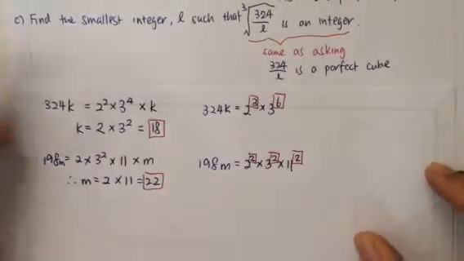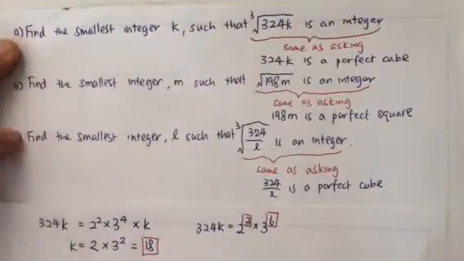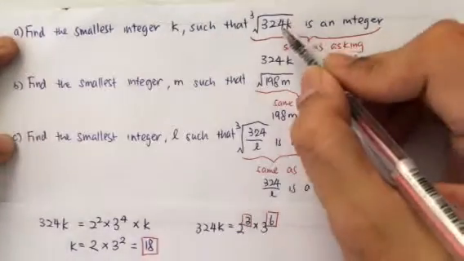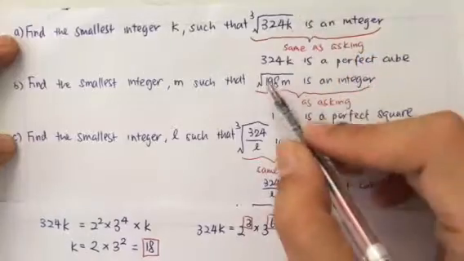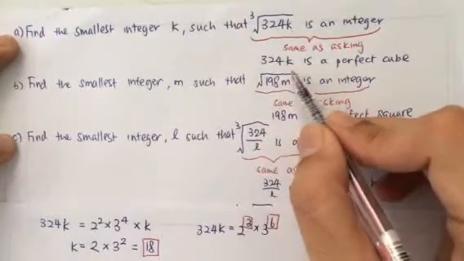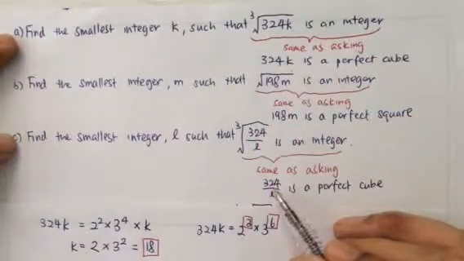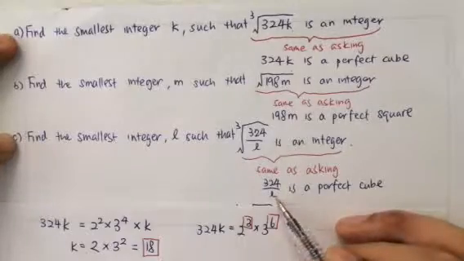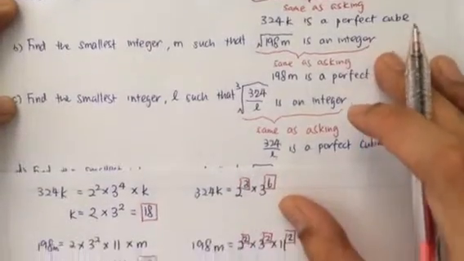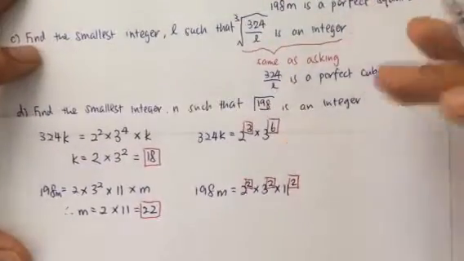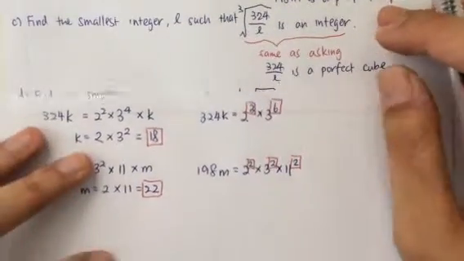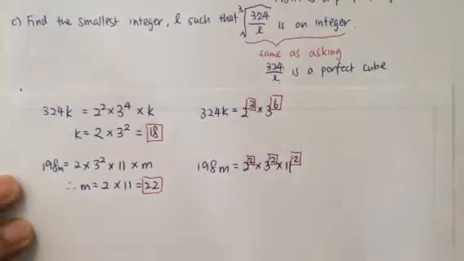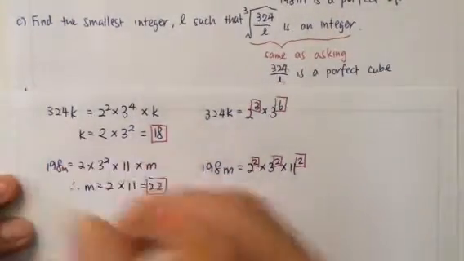Notice the difference between question A and question C. One of it is we multiply by K and we want 324K to be a perfect cube. In this situation, we are asking for 324 divided by L to be a perfect cube. The difference lies in we can't increase the power, but now what we are doing is we try to decrease the power. So from here we know that 324